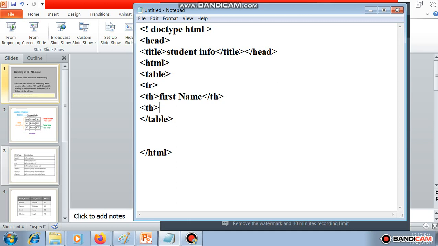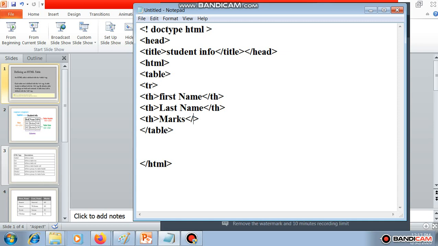Th close. The third heading, for example, Marks.